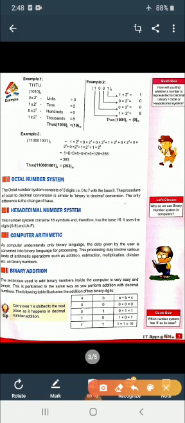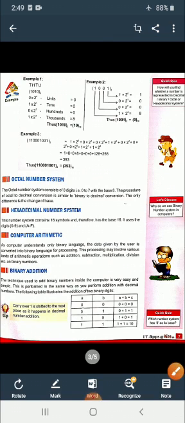Following the steps, we come from right to left, and I multiply 0 into the base, here 2, so 2 power 0. I got 0 if you calculate. Next is 1 into 2 power 1. In this way we increase the exponent value like 0, 1, 2, and we sum up all these values. So I got 10. As 10 is a decimal number, I have represented it with base 10. The next thing we are going to discuss is the octal number system.